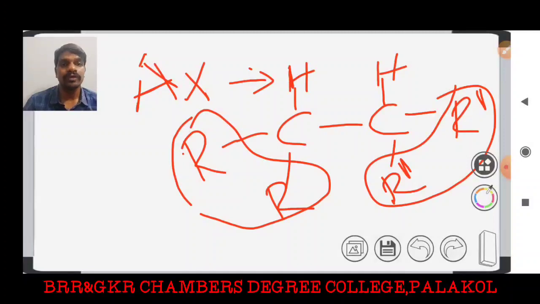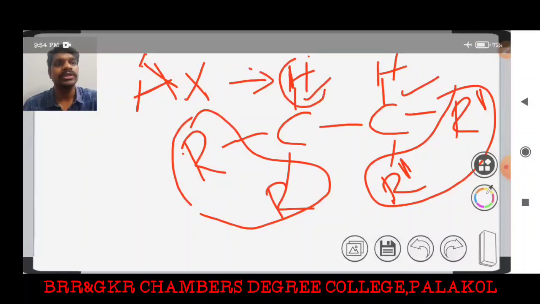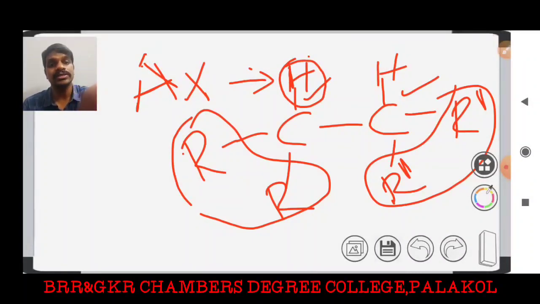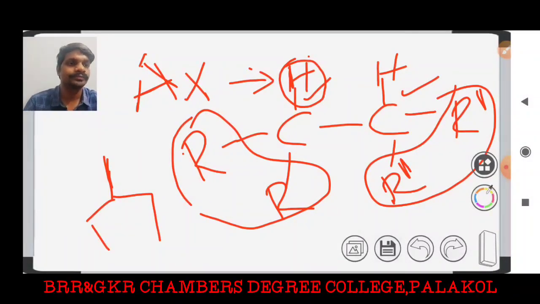The AX system means an interacting molecule having 2 environments of protons, and each environment has only 1 hydrogen. So here there are 2 environments of protons, this is one environment, this is the second environment, and each has only 1 proton. Now this hydrogen would usually exist as a singlet in proton NMR, but due to the presence of the neighboring hydrogen atom, it is split into a doublet.